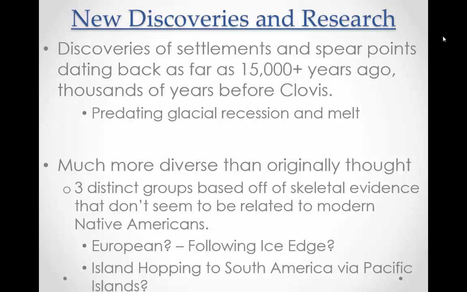So the article we read talks about three distinct populations, and we're not 100% sure where they came from, but some of the leading theories anyway, and again, this is speculation at this point, we're not really 100% sure, and that's the problem with prehistory. You know, a lot of it is speculation based off of what we can find, and these are just thoughts, and these can easily be debunked 20 years, 30 years down the line with more research.